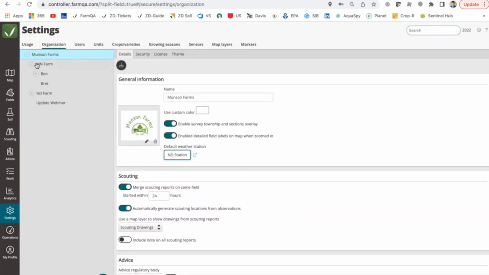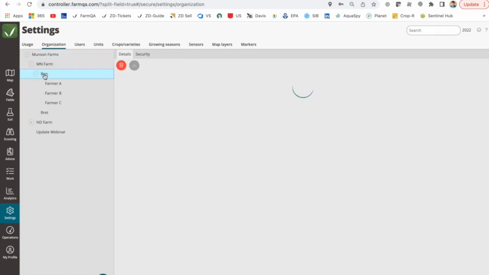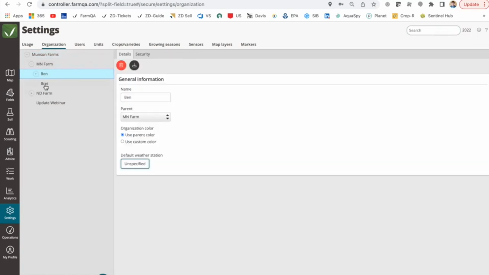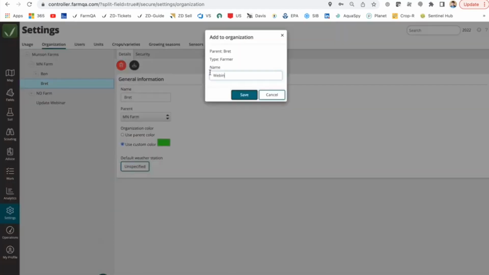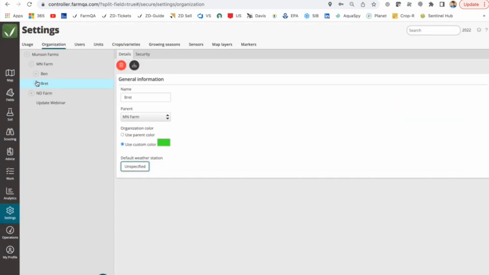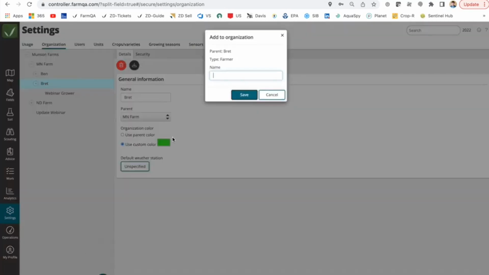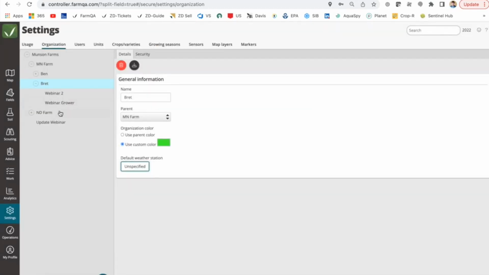Now within here, let's say Ben got a new grower. Actually, I'm going to go under Brett, and there's a new grower working underneath him as the agronomist. So I can click this blue plus button, add a new farm, and we'll call this webinar grower. And now that will create a folder underneath Brett with that name. So you can do that for multiple. Add multiple folders. There's no limitation here as to how many you want to add,